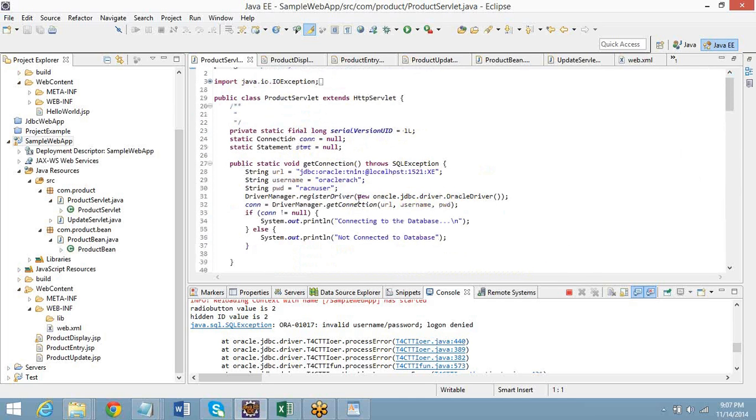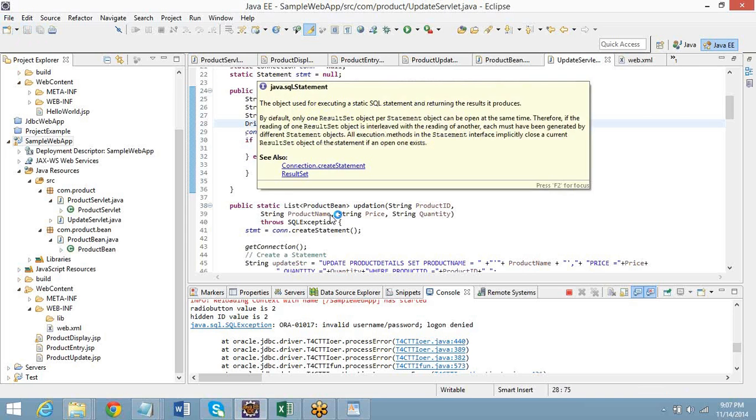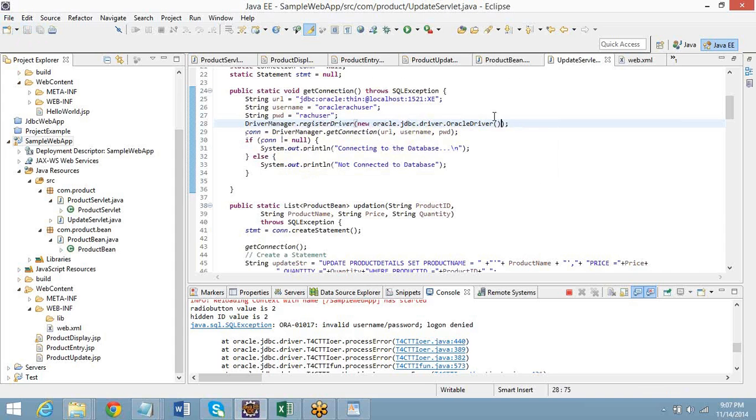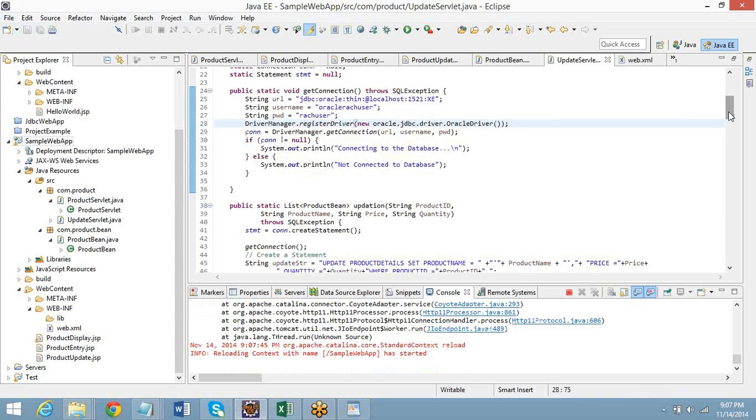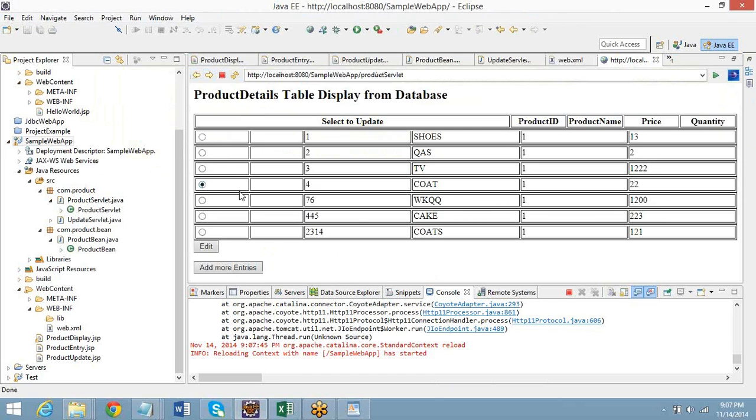I think that is all. Now run the program. Go to a browser. Again, click on the back button. Edit.